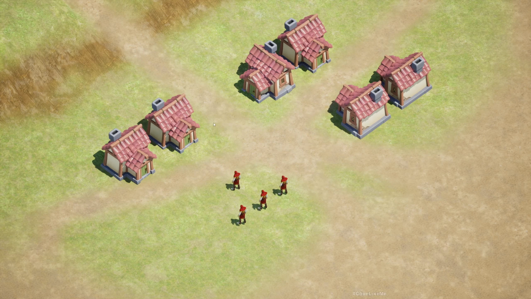Hello everyone. So today we are going to work on drawing a rectangle when I click and drag the mouse. This would be the first step of implementing a rect selection or a box selection so that we can select multiple actors in the level. Right now I can only select one actor here like this,